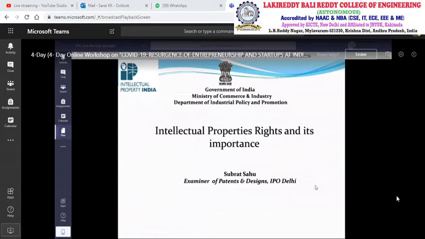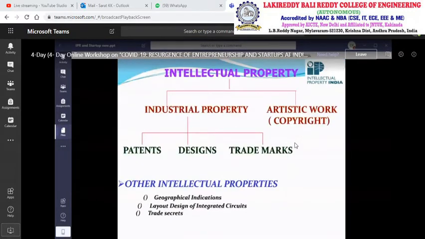See, intellectual property is again divided into industrial property and artistic work. Artistic work means whatever you are doing in music or as a book writer; it all comes under copyright. Now, the technology we belong to, we belong to a technology-driven society where